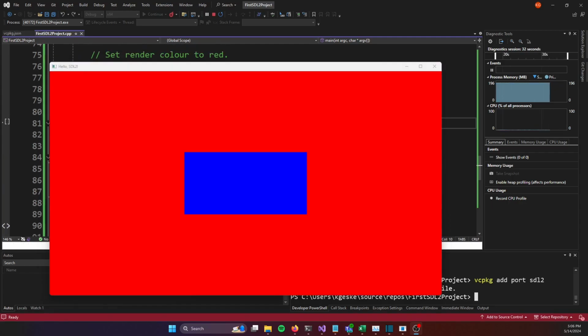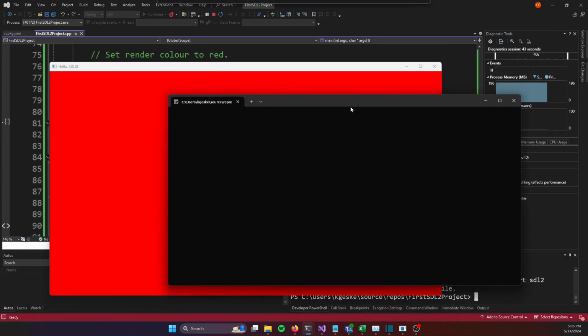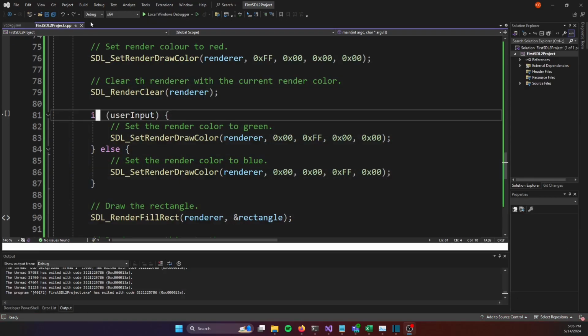There's one last thing that you might want to know about, which is I had mentioned earlier that when we run our application, we get this SDL window, but we also get this console window. Now, this console window can be helpful for debugging purposes. And so if we're working on our application, it's not quite working the way we want to, we can print out to this console using a std cout or something along those lines. But as I mentioned earlier, you might not want to have both of these windows, especially if you were to release this application. What we can do here is we can change the profile from debug to release,